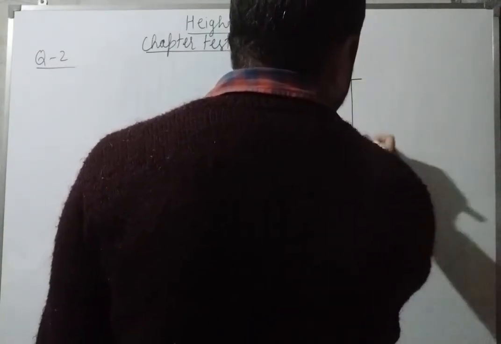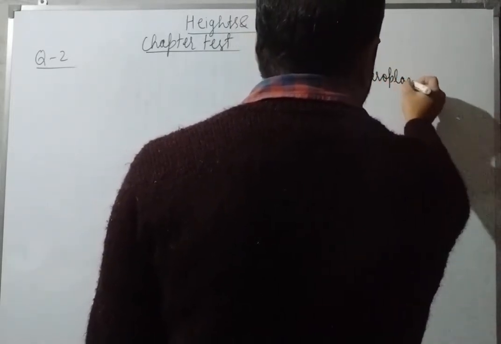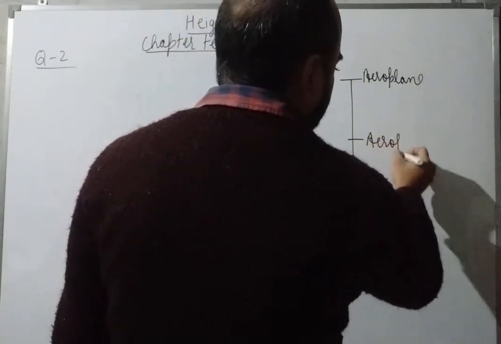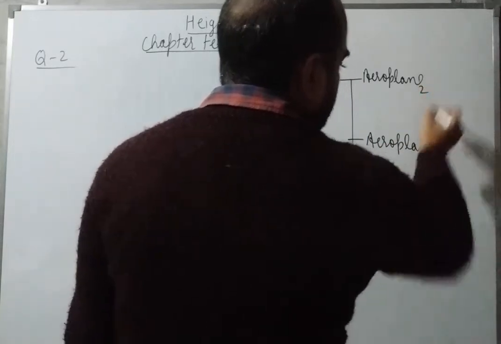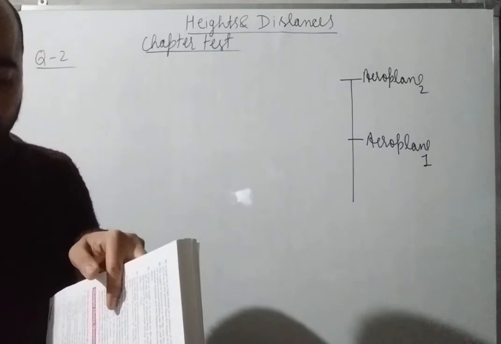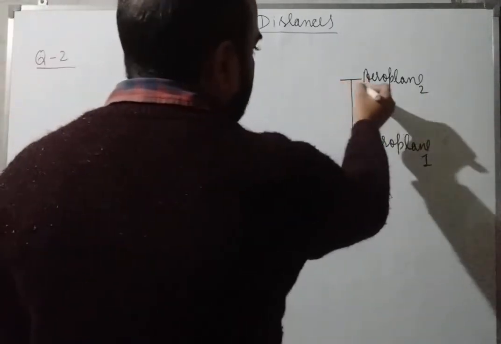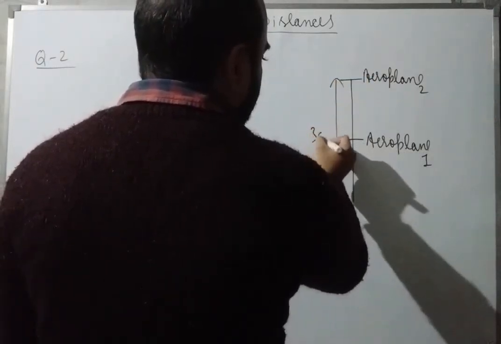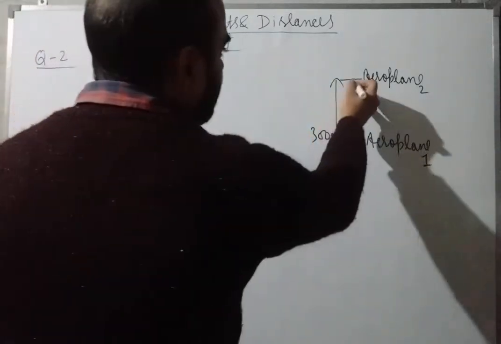It means this aeroplane is mentioned vertically above another aeroplane. Correct? So this is suppose initial. Correct? Aeroplane 3000 meter high passes vertically above another aeroplane. It means this length is given what? This height is given 3000. Correct? Now from the same point on the ground,